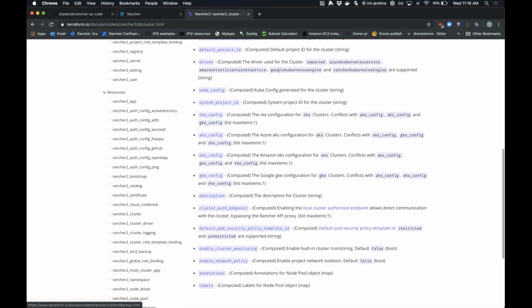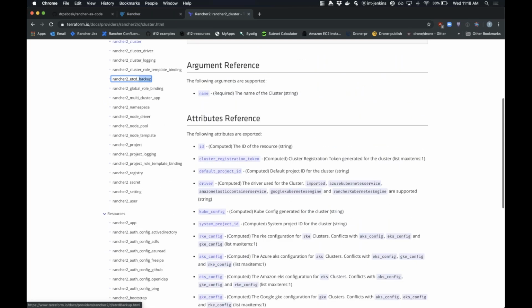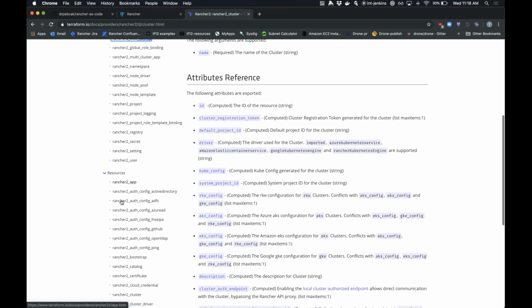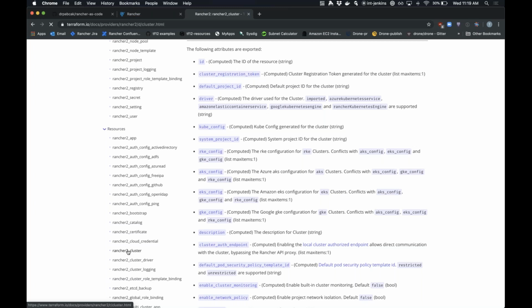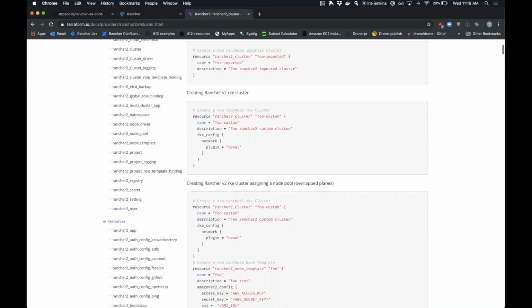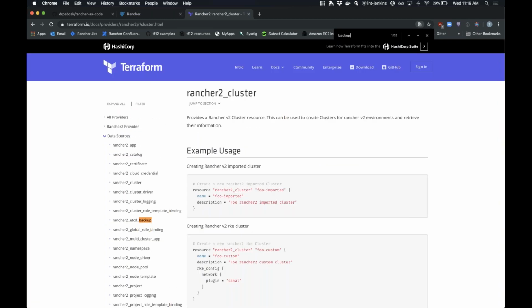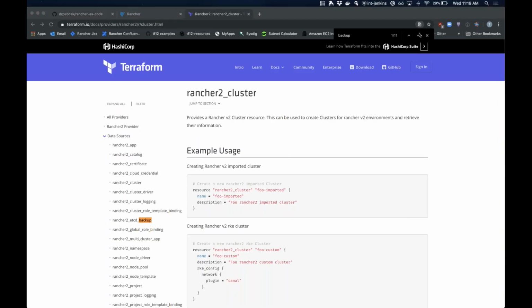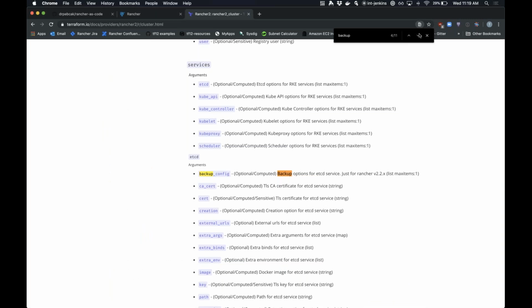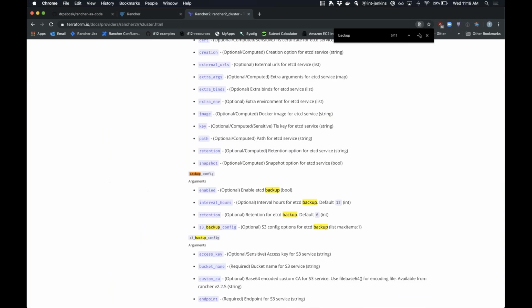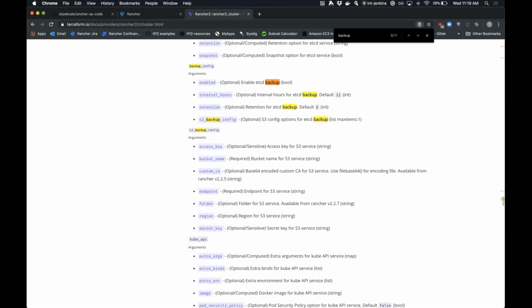It's not here anymore. I keep going to the data instead of the actual resource that I'm looking for. Let's see here. Yeah, that's right. The Rancher 2 provider does not support restoring from a backup for you,